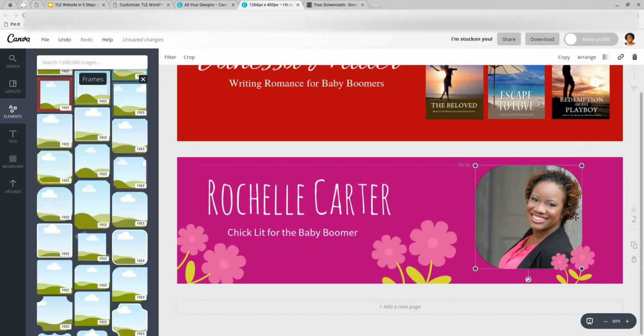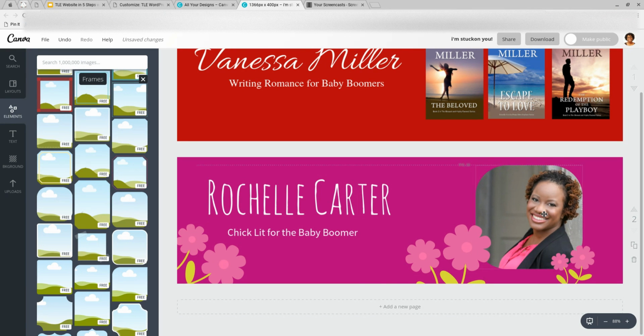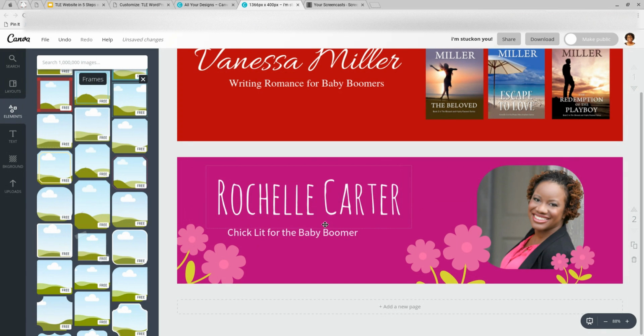See how the flower is in front? And maybe I'll slide this over a little bit. So, not really the shape I wanted. I kind of still wanted something more circular, but for just the purposes of this, I wanted you to see